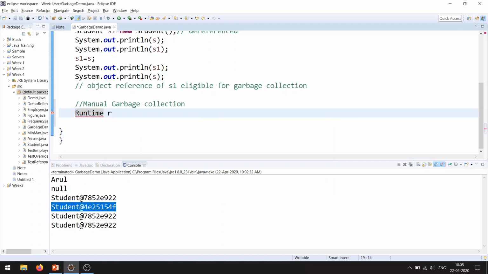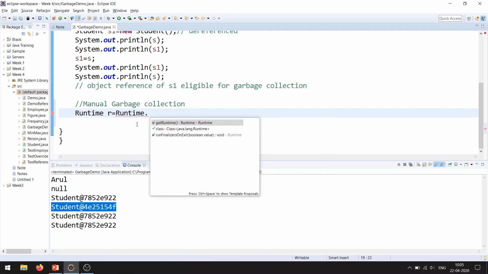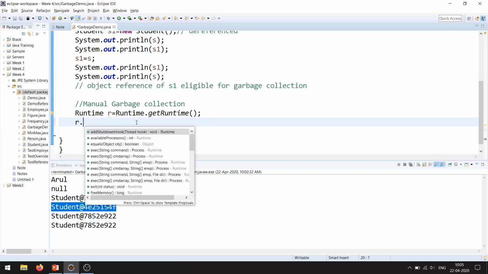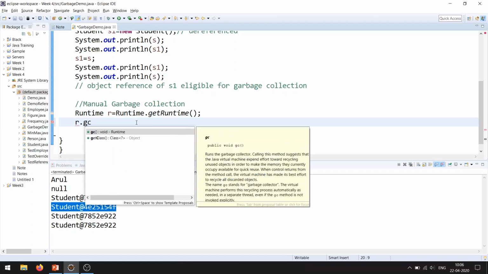So you can create a reference for the Runtime class with the help of getRuntime, so here we are manually creating the reference for the runtime system. With the help of the Runtime object reference, you can manually invoke the garbage collection. So there is a method gc. This gc method will invoke the garbage collector manually.